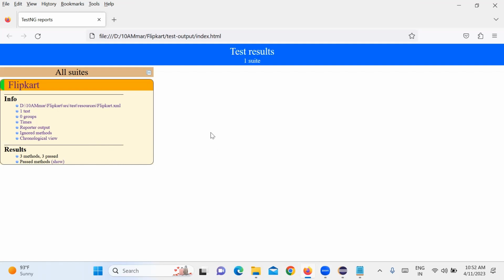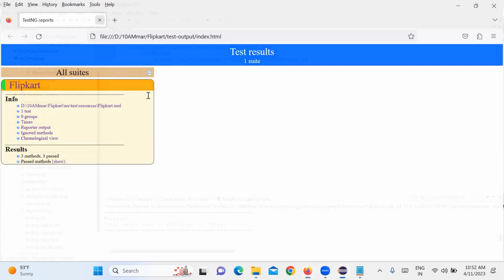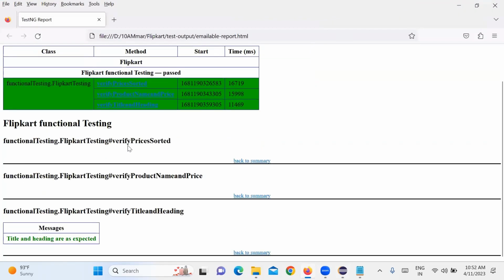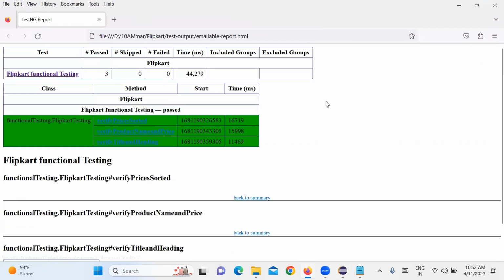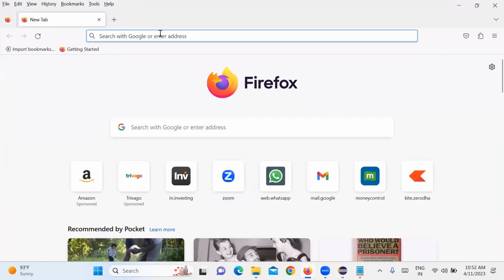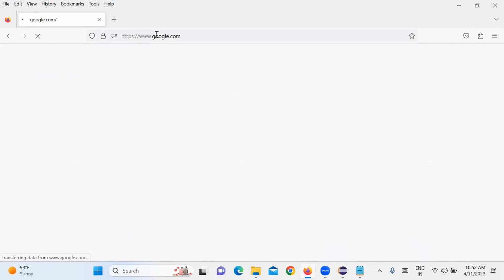Yes, sir. Okay, so this report is not that good to see. The emailable report is also generated by default, but this format we cannot change. This is the default format generated by the test engine. But we need a very attractive report, one which looks attractive. For that there are some third party reports available. So we can use one of the reports called